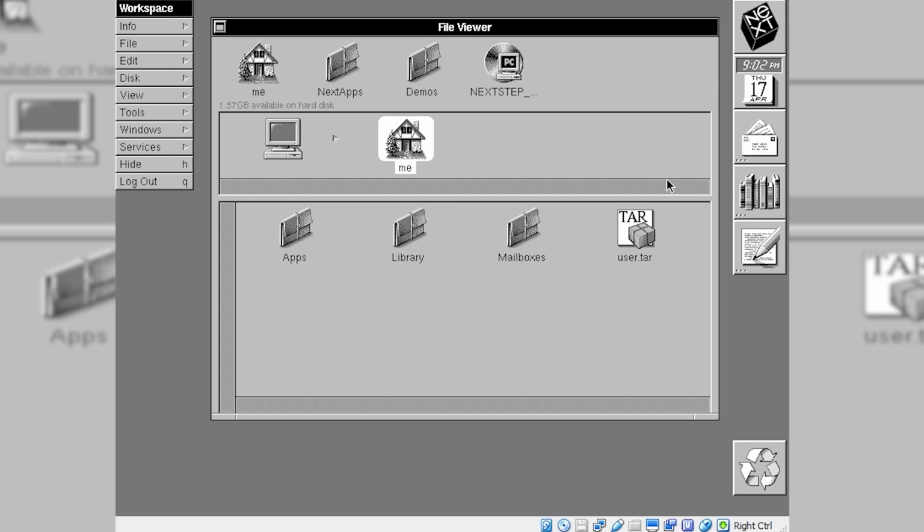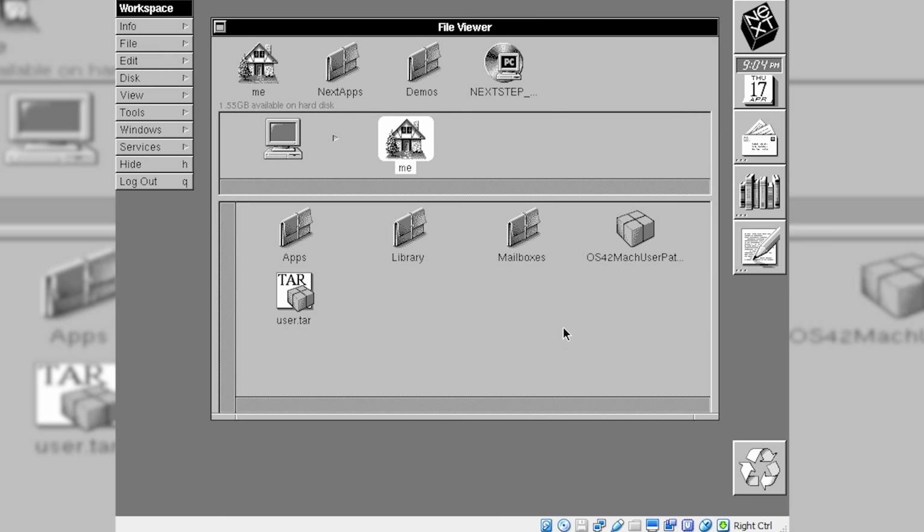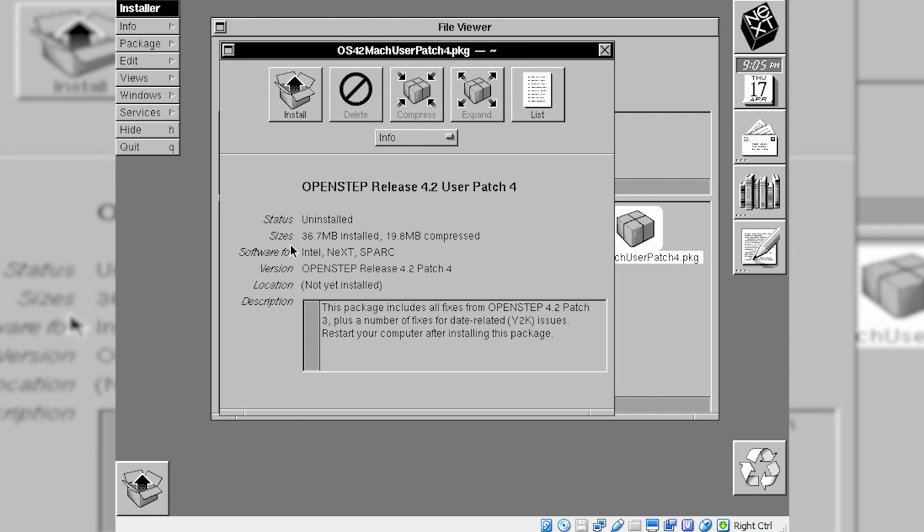Since this is a tar file, which is an archive, we have to extract it. To do that, just double click on it and click on unarchive down here at the bottom. This is where things can get a little bit complicated for some people. We have the OS 4.2 mock user patch right here, and if we double click it, it will open up just